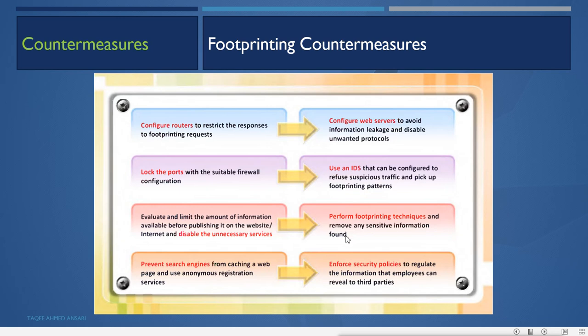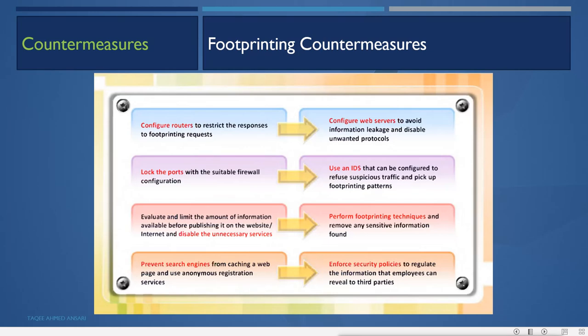So these organizations are giving this information. Actually, they are purposely giving this information. So the information has to be given, but they have to remove the sensitive information before publishing anything. So they have to make sure that no sensitive information is published, because they have to give the information about the organizations to the investors. So whoever wants to invest in the company, they have to know about the company. So this information is available because of that. So these organizations give the information. Only the thing is they have to make sure that they don't give the sensitive information, unwanted information.